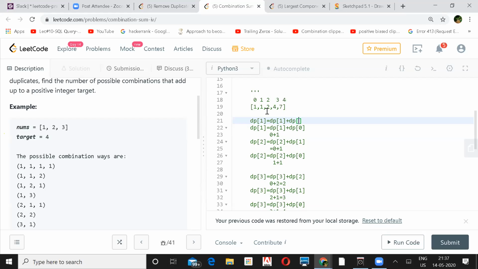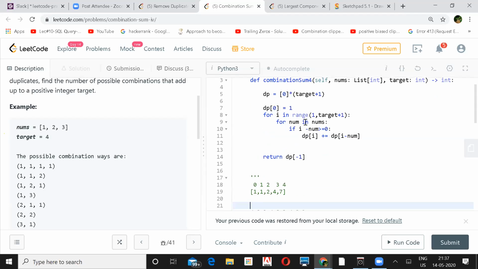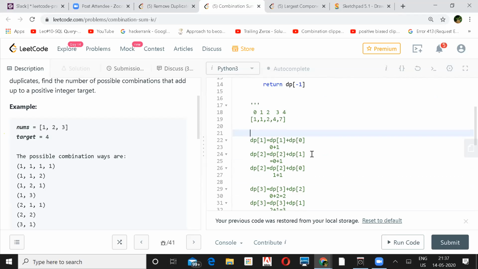If you want to explain it that way, that there is only one way to create 1 and one way to create 0, we can take them as a base case. It's up to the person. This is also right, but it's just reducing one traversal. Yeah, that's good, that's also a good one.